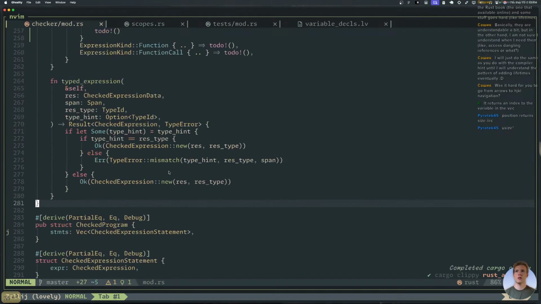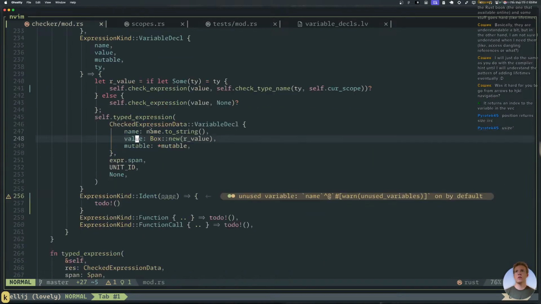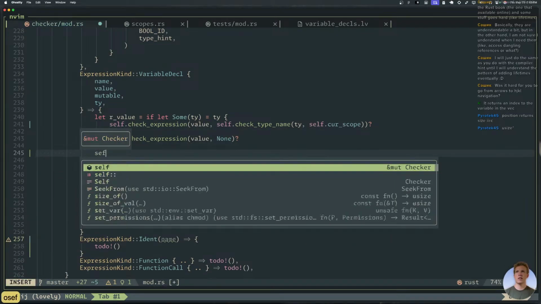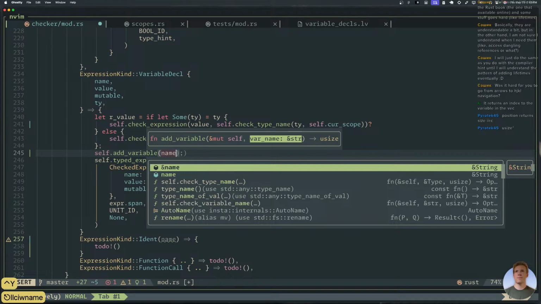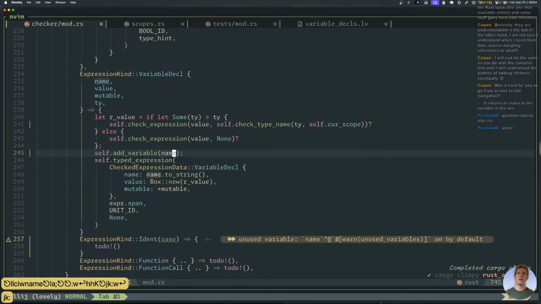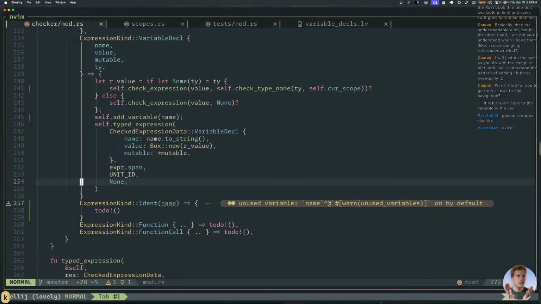All right, so here, whenever we define a variable, we need to push it into our scope. So we're gonna say self dot add variable. Var name is name. Wait, it doesn't even have any concept of its type, which seems a little bit funny.